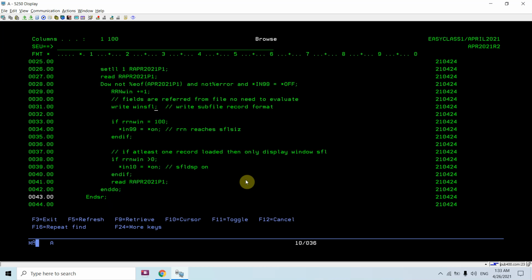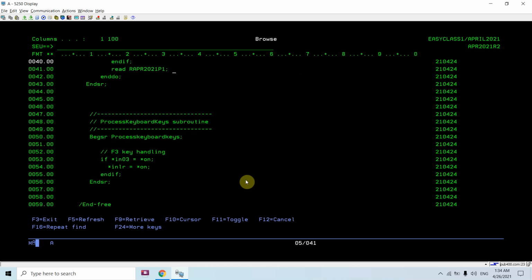There I'm writing the window subfile format. I'm not evaluating any field because I have already filled all the fields in the display file subfile format, and then I'm simply checking if the size is equal to 100. Then I'm setting this indicator to on, since I'm not going to load more than 100 records. If at least one record gets loaded, I'm setting this indicator to on so that I would be able to display the subfile screen.